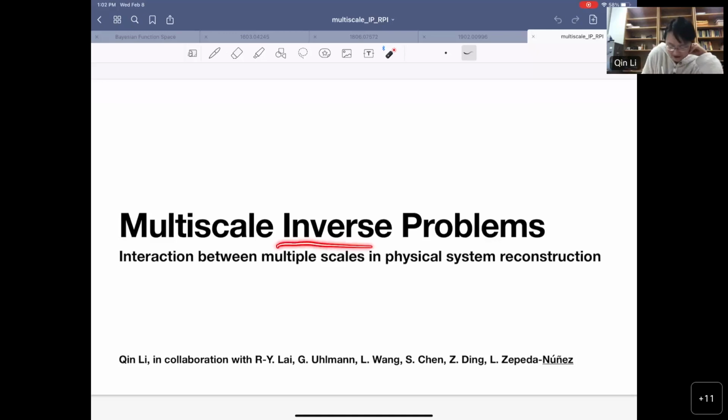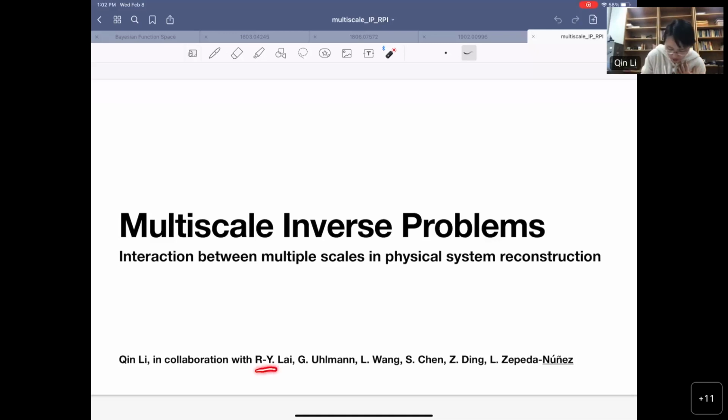Especially since I'm going to talk about inverse problems, and RPI really is an institute that stands very solidly, has a very big group, and has a very influential impact on inverse problems. So let's get started. For inverse problems, I was really an outsider. I got into inverse problems about 5 years ago, and along the way I got help from many friends.